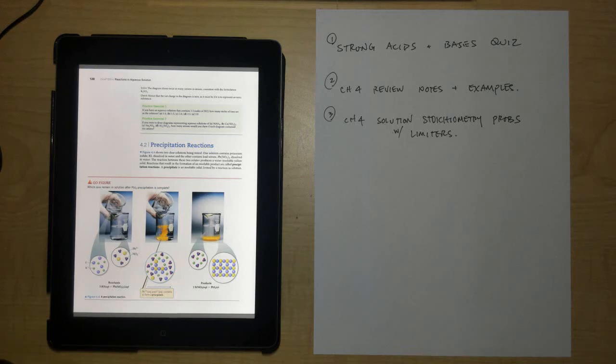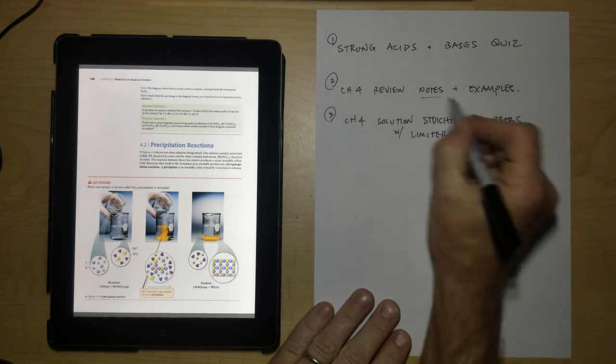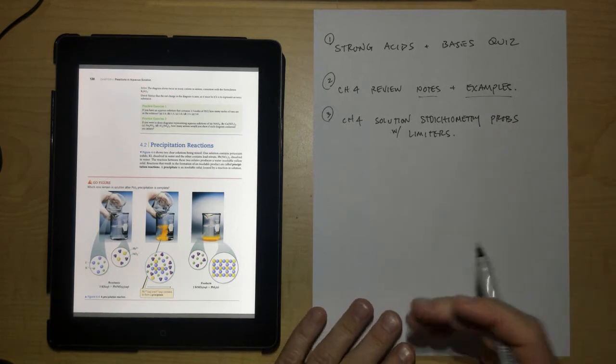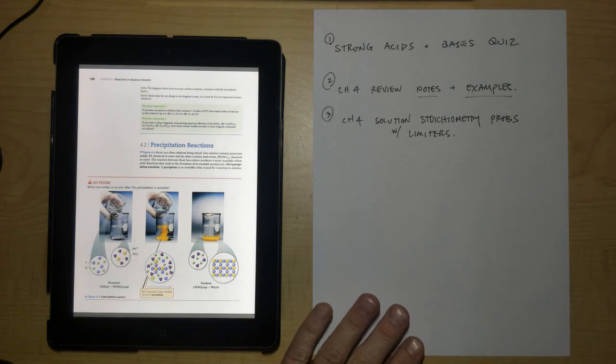All right, so here we are on Wednesday doing a review of Chapter 4. We're going to do some notes and some examples from Chapter 4. Obviously, many of you have seen some things from Chapter 4 and already done some problems, so I might go